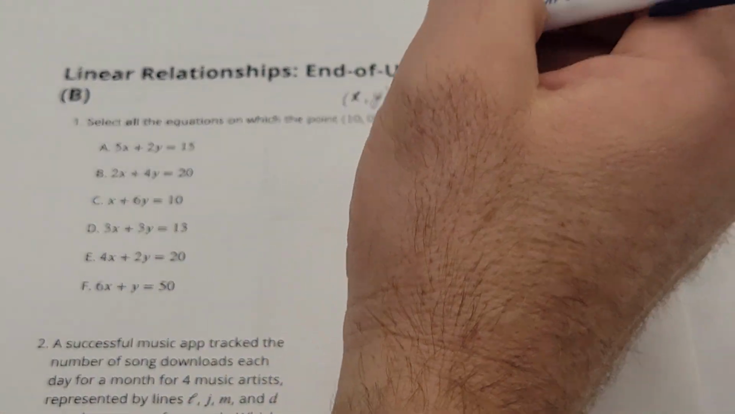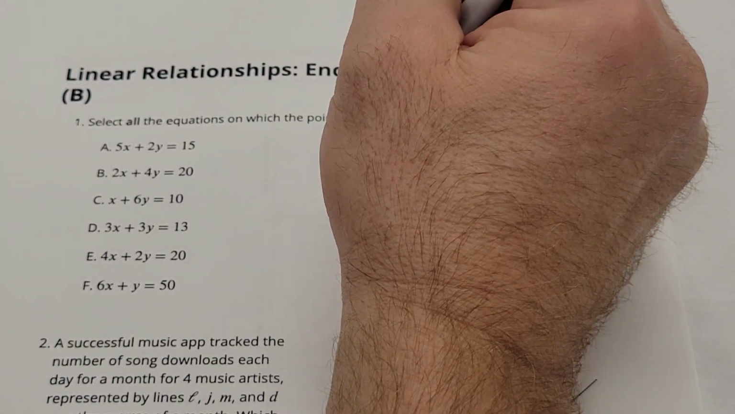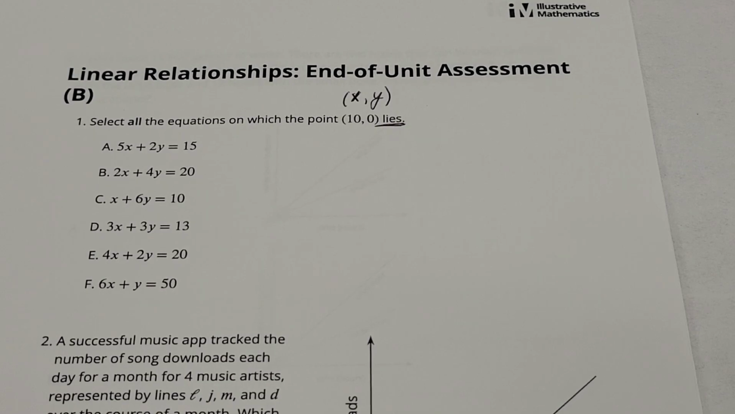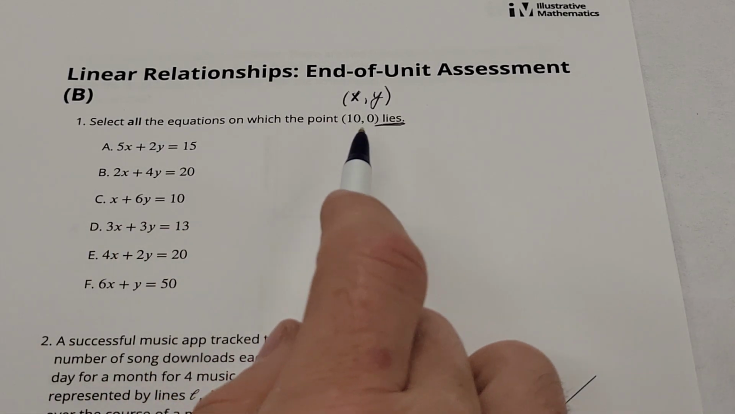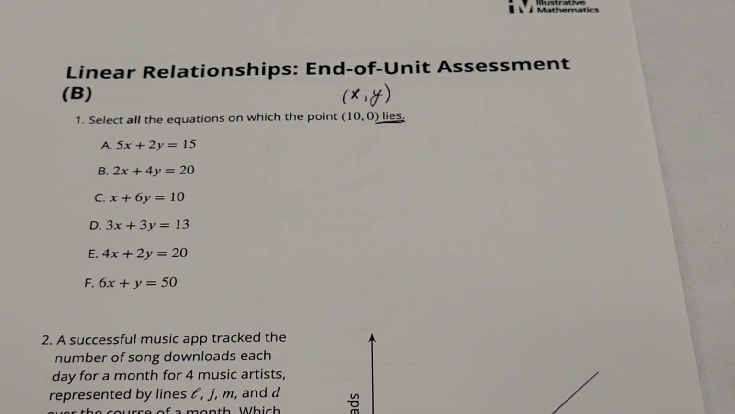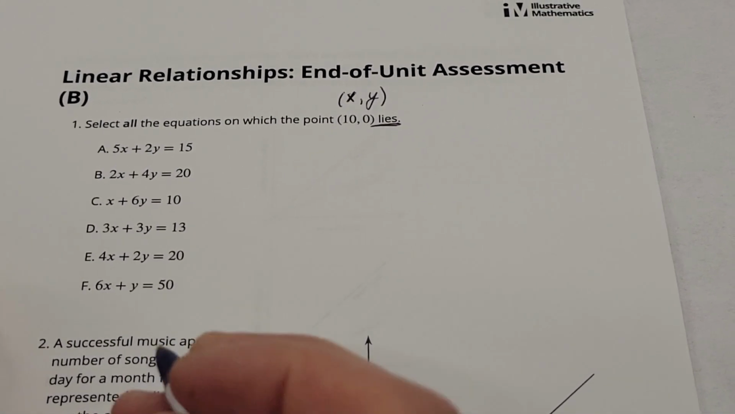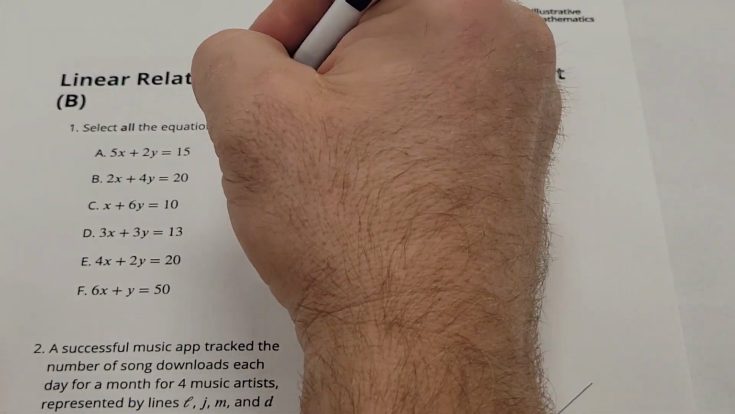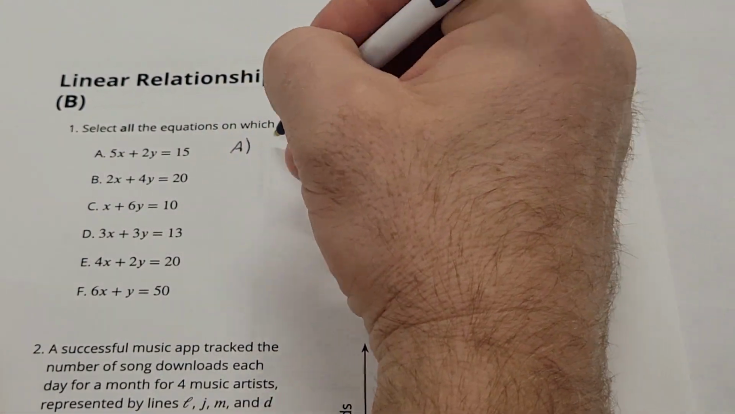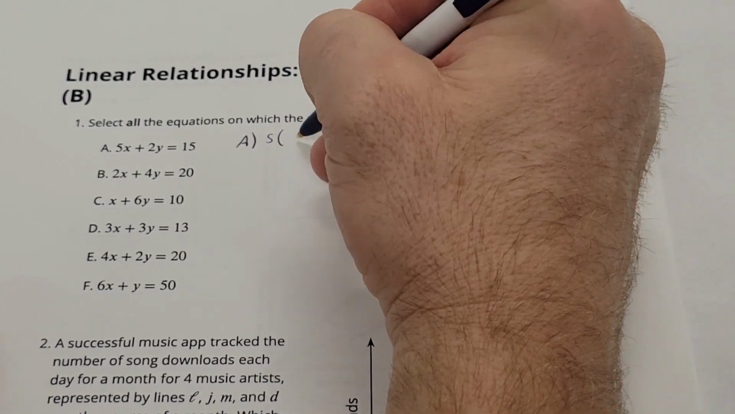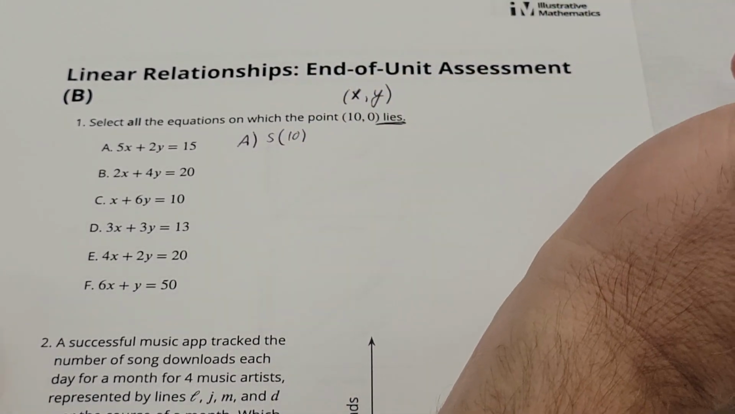If this point lies on the line, it needs to satisfy the equation. It needs to make the equation work. If these numbers, x and y, do not make the equation work, then it does not lie on that line. So for A, I'm going to do 5 times (10), and I write it in parentheses